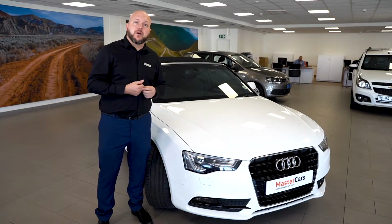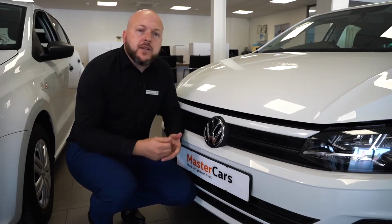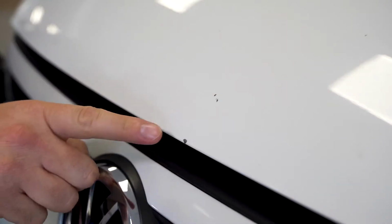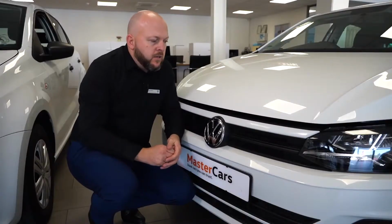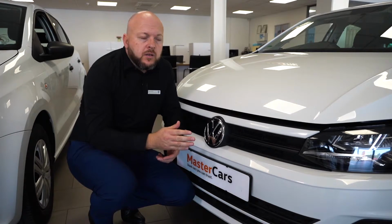In terms of inside the bodywork, look along the nuts and bolts for paint wear. If a panel's been stripped, that's quite easy to pick up as well. So as an example, here's a vehicle that's just come into us. It has got one or two little stone chips on the bonnet. Something like this a dealer would touch up, not necessarily spray the whole bonnet, rather just do a little